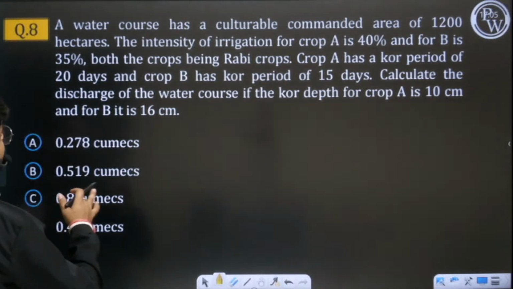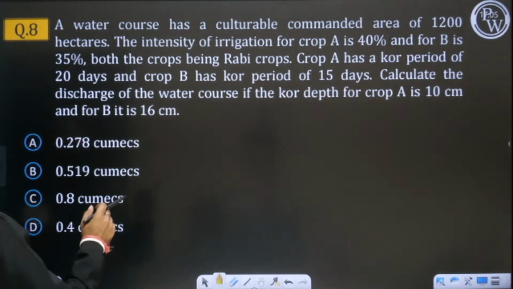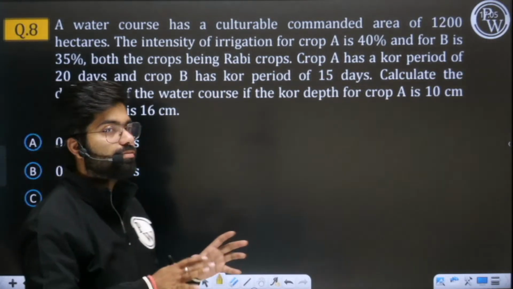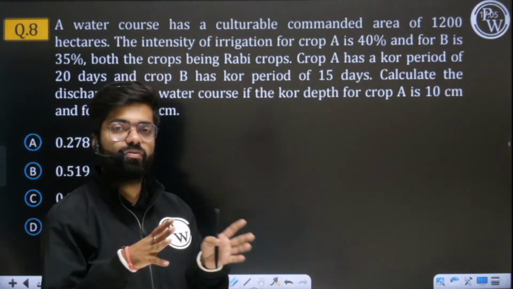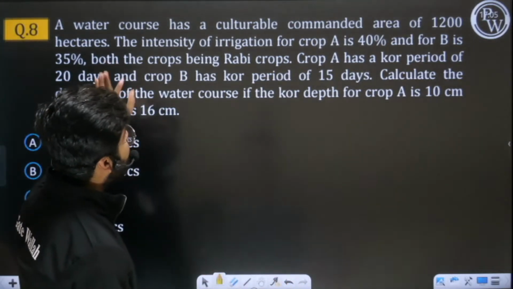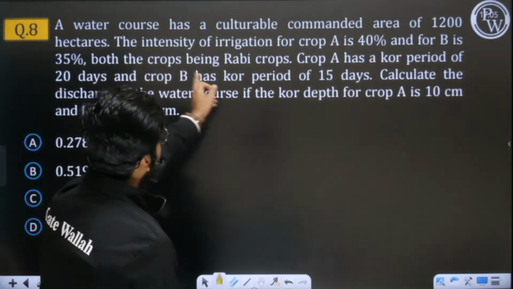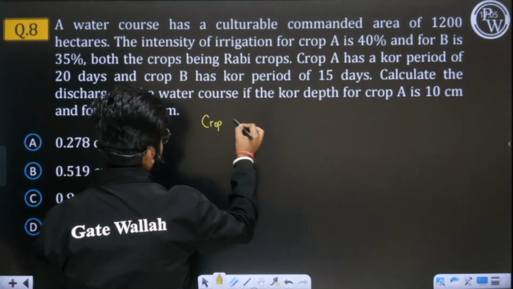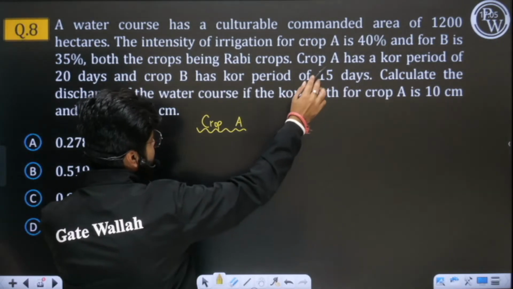It is saying a water course has a cultivable area of 1200 hectares. Understood, sir? So there is a water course and the area which it is able to command is 1200 hectares. So the water is reaching an area of 1200 hectares when it is supplied from this water course. Now the intensity of irrigation for crop A. Okay, so we have crop A